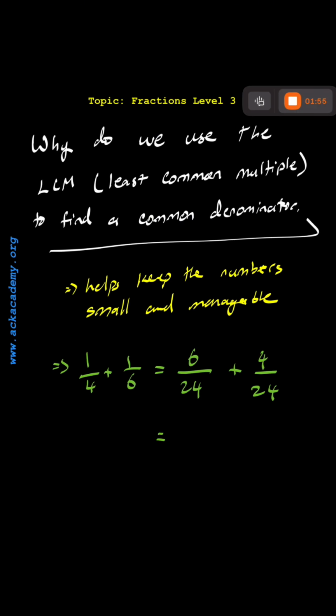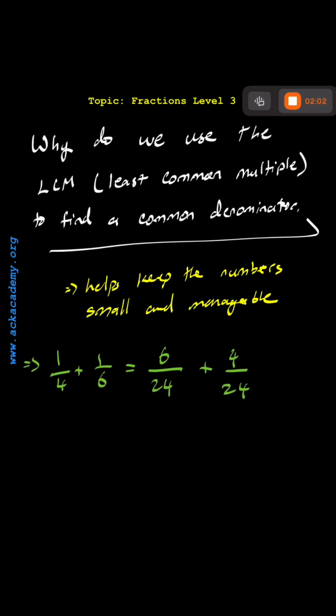And now you have this. And now you're telling yourself, okay, 6 plus 4, 10, 10 over 24. This is fine. This works. There's nothing wrong with this. However,